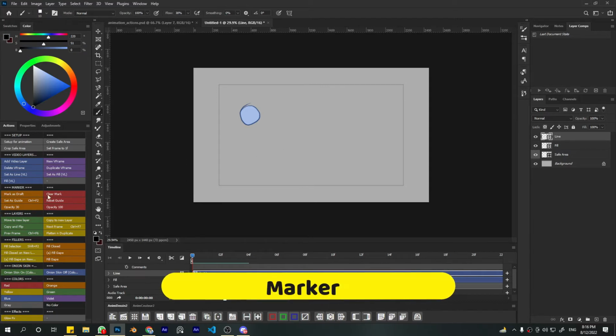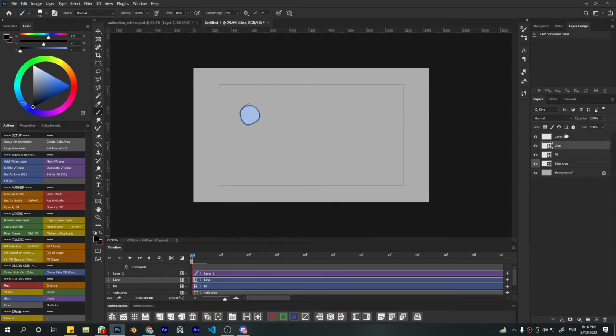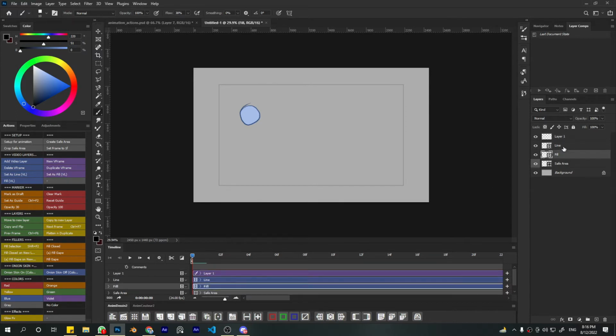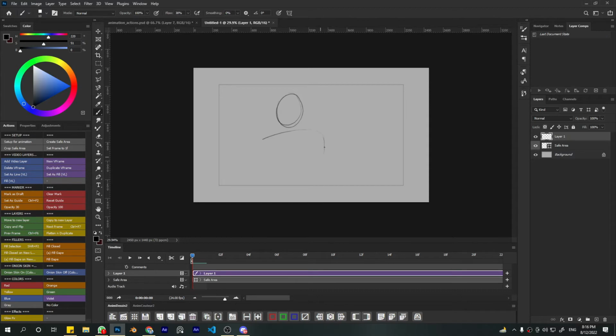Okay, let's move on to markers. These first two are the same thing, so let's skip them because they are the same as this one. This one is intended to be used on rough layers. So let's say we have rough animation. Let's delete these, we're not going to do rough animation for this. Let's say we have a rough sketch of a character,